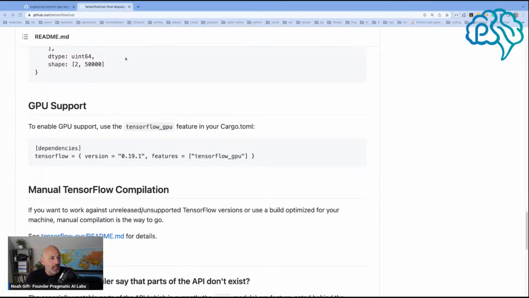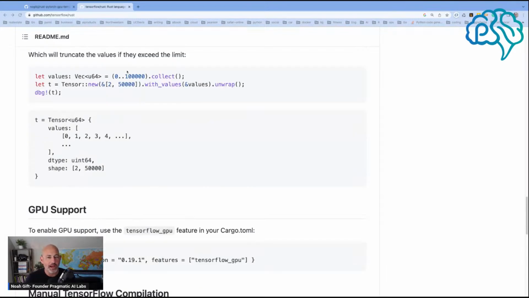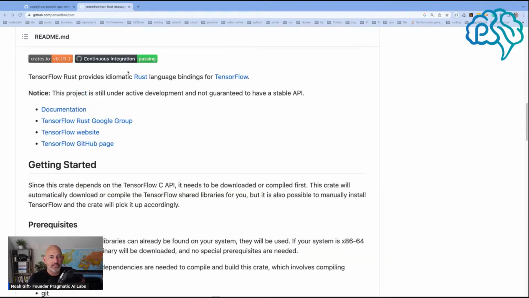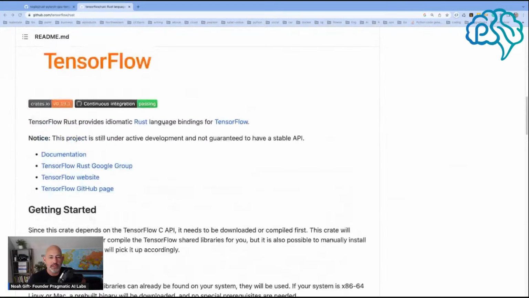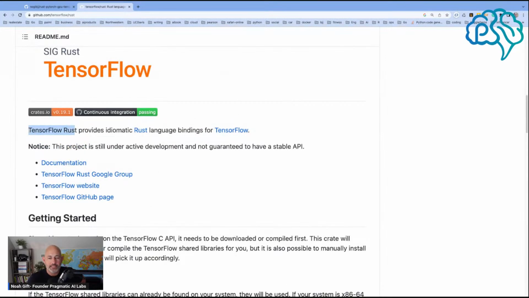Okay, I am live today talking about TensorFlow, and you may want to guess what I'm going to cover. It's going to be how to use Rust and TensorFlow. So I'm going to take a look here at the bindings. We have TensorFlow Rust. And if we take a look at this, you can see here that TensorFlow Rust provides